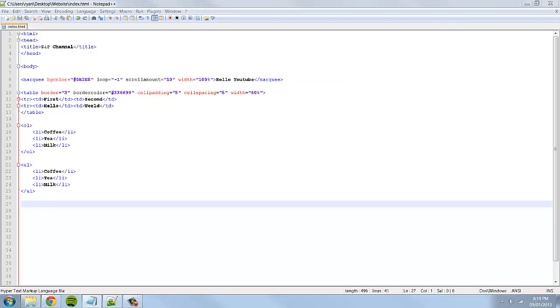So now, this is something I forgot. It's a very basic and simple thing. If you want to create a comment, and a comment is basically something that won't be shown on the web page, but it's good for the coder of the website, because he can make notes to himself for future reference when he wants to update it, or if he wants to remember how he did stuff, or how each part of code does. Because you may be watching this video, typing away,